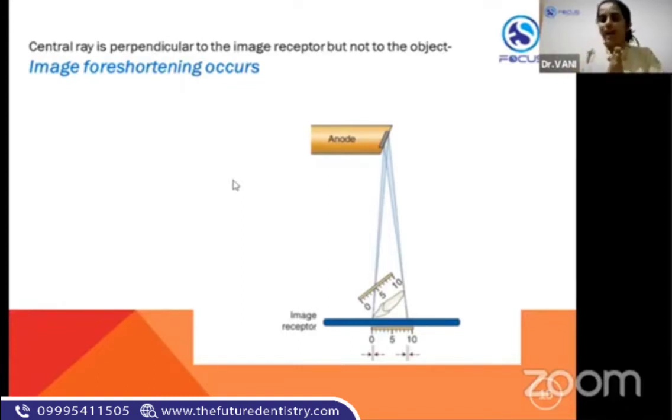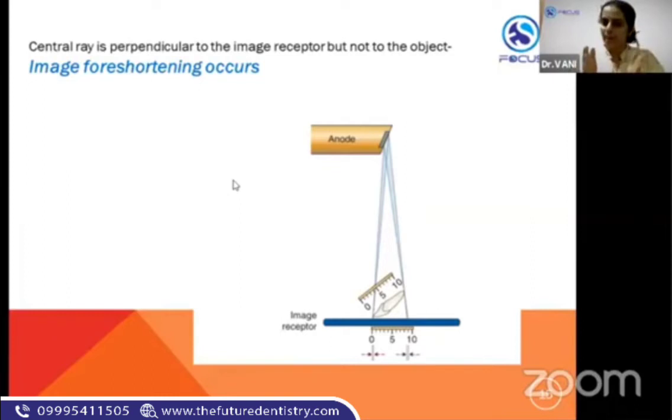Fine. So even though you are placing the cone close to the patient, from the cone it is still a long distance to the focal spot. So you are actually maintaining it. And that is the reason why I said using a long cone, like in the paralleling technique, is quite good rather than using a short cone as in the bisecting angle technique. Normal X-ray machines that you have will mostly have a very short cone of 8 inches because most of the time you are using the bisecting angle technique.